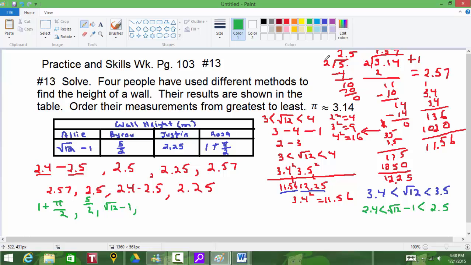And then the very last one was the one they gave us, which was just the 2.25. Okay, that one should be the smallest one. So this right here in green is going to be your answer to